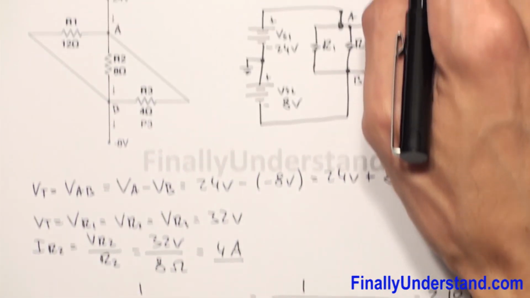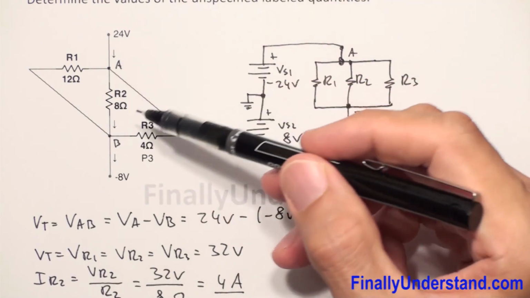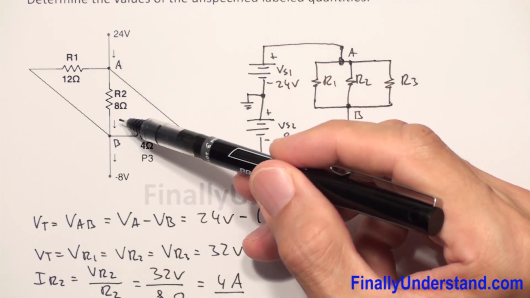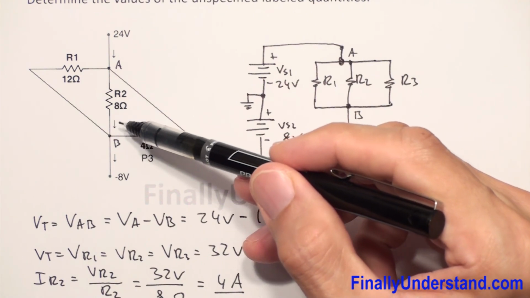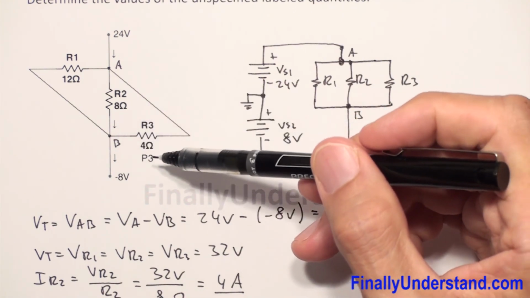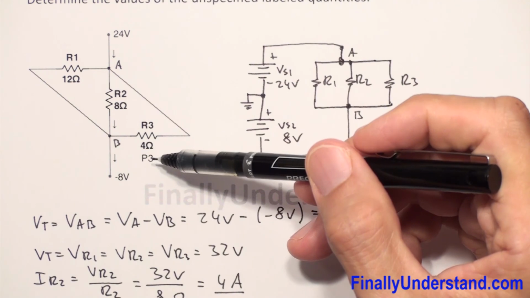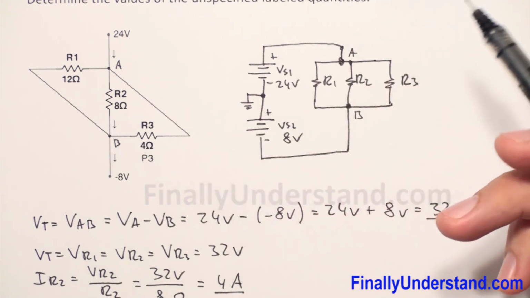So we found the total current, we found the current which goes through resistor R2, and we found the power at resistor R3. So we can say that the problem